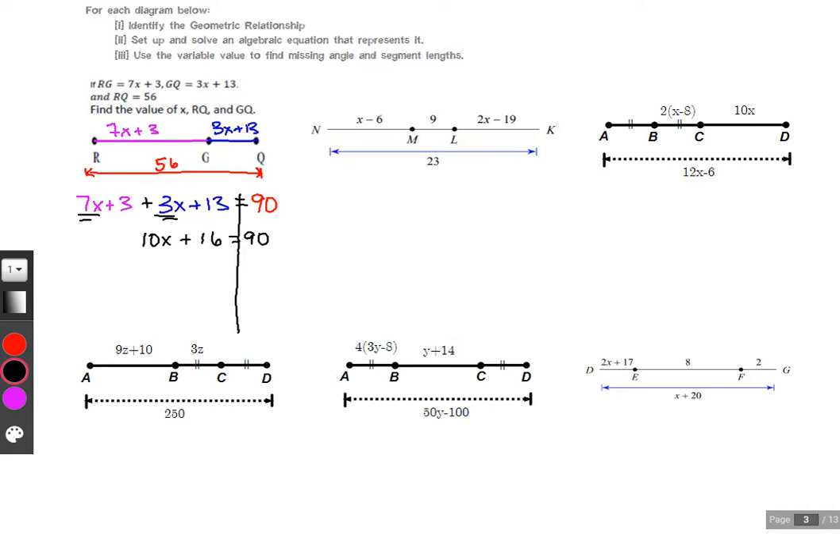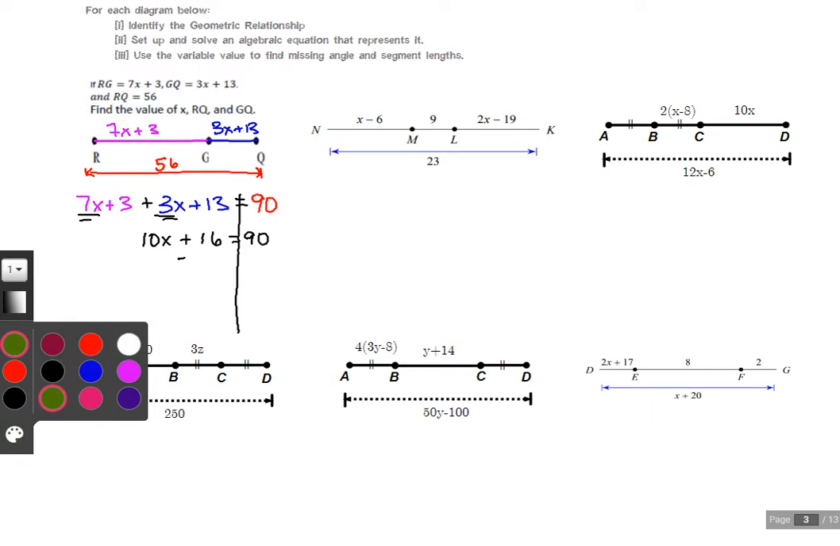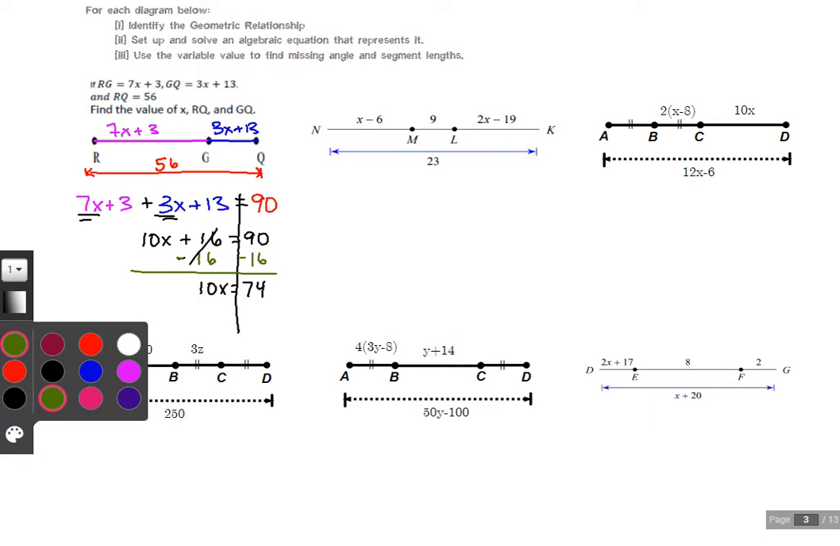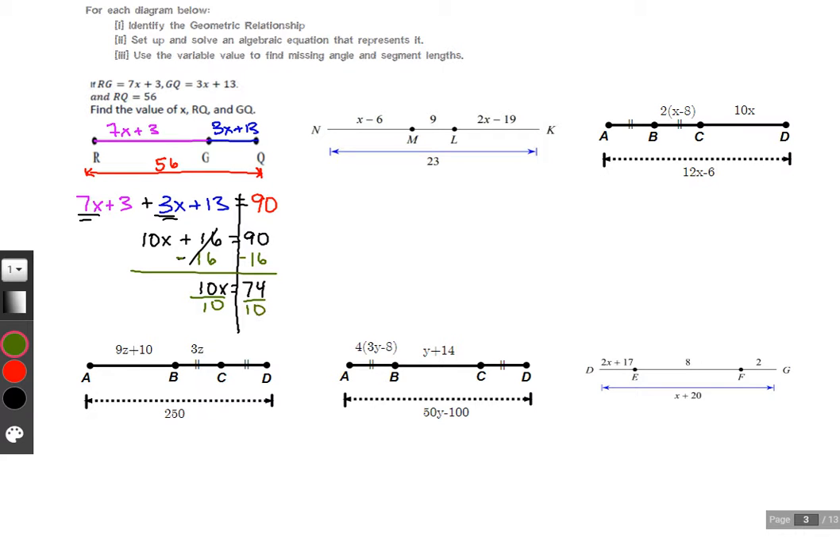So we have 90 minus 16, because we can subtract. Changing the colors here, green. We subtract 16 on both sides, leaving us with a 10x on the left. 90 minus 16, we have 74. And then final solve step, let's divide by 10, divide by 10, which will give us an x value of